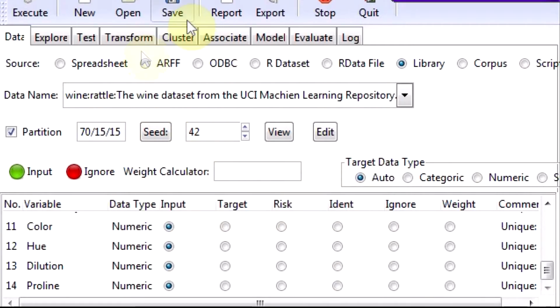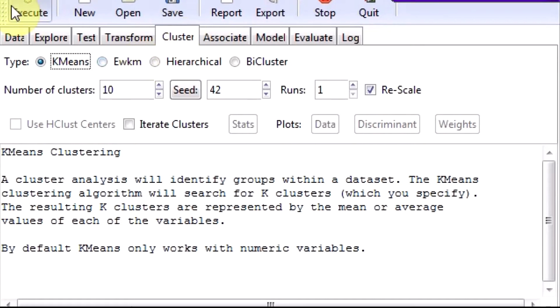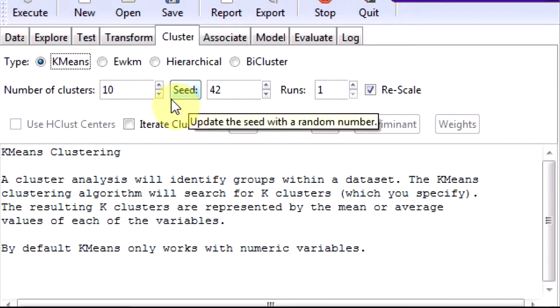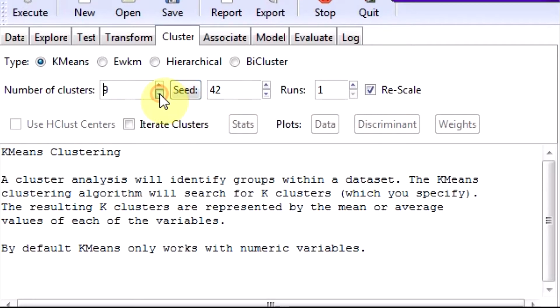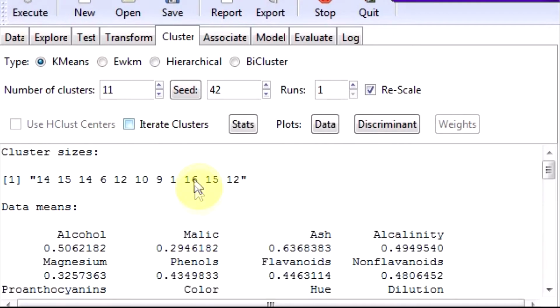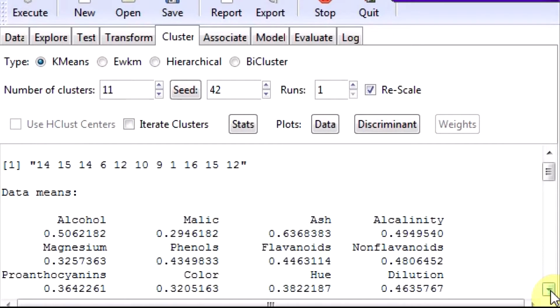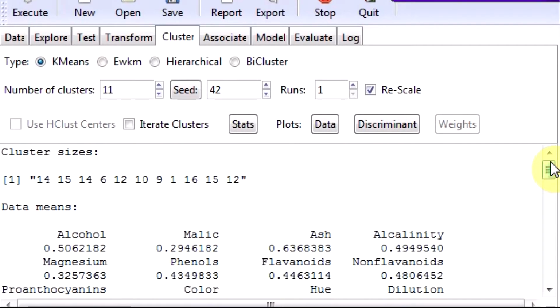Now if I do cluster, I can do k-means cluster. I can say number of clusters, 11. This will give me the cluster size in the 11 clusters.